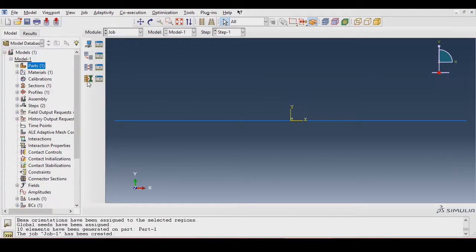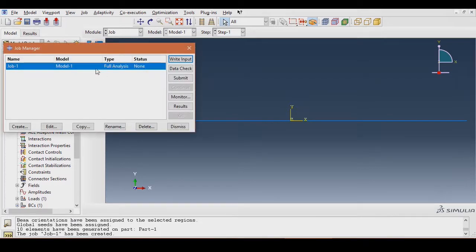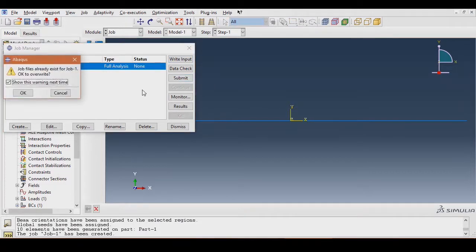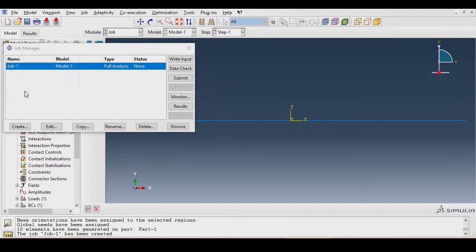Now we are going to run the job analysis. So open job manager. Select the job which you have created and then click submit. Click OK. Now if you see the status of the job, it will be analyzing. Now Abaqus is performing the analysis. It is assigning the material, applying gravity and showing you how the beam will bend under self weight.